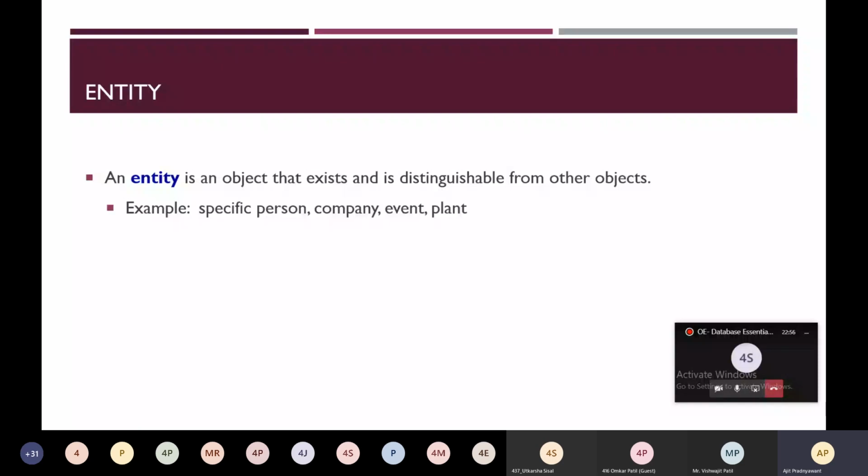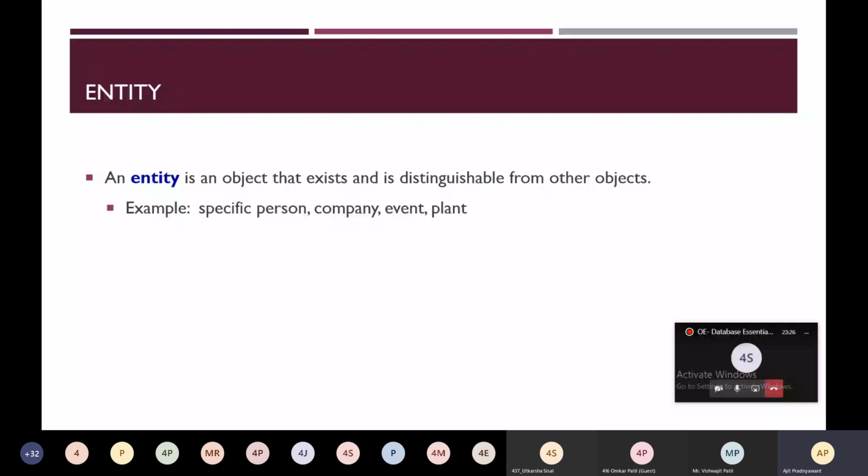For example, a specific person, for example, Sachin. Sachin is a specific person, and he is distinguishable from other persons. Another example, a company, any company. For example, Reliance is a company. It is an object and it is distinguishable from other objects. This Reliance company is distinguishable from other companies.